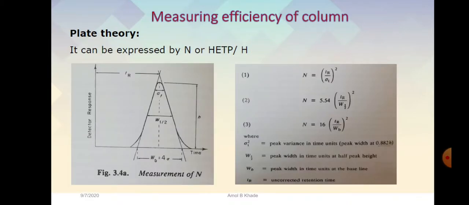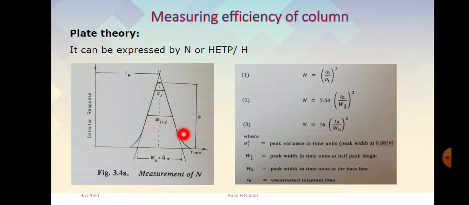So by using this particular plate theory, if we know the plate height and the width of the peak in time, which we can get by looking at the chromatogram, we can calculate the number of theoretical plates present inside the column. And in turn, with the help of this equation, we can also find out the efficiency of the column, how well the column is performing the separation or resolving a particular mixture. So you can see this particular peak which has been resolved.